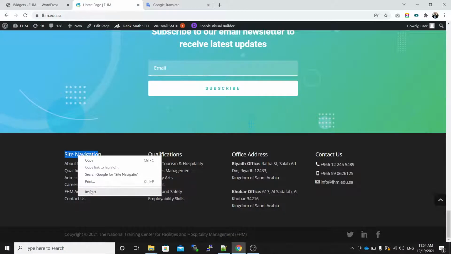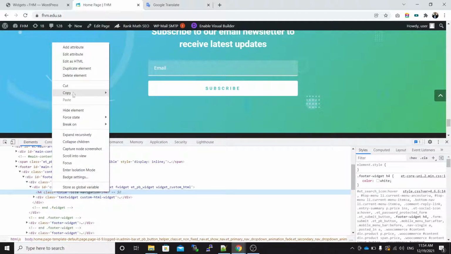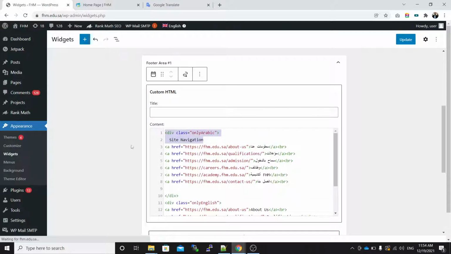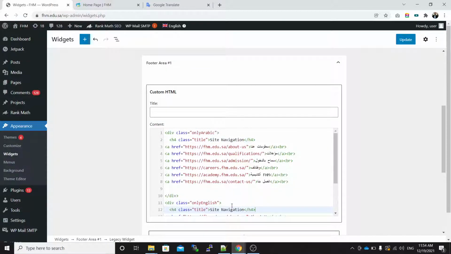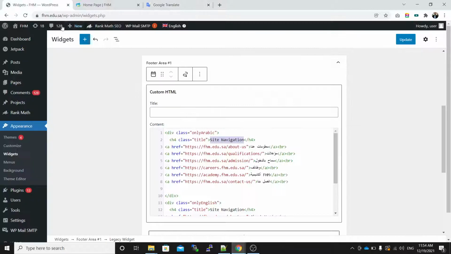So go to here, inspect, and copy this entire row, copy outer HTML, and put it here. Same way put it here also, and we just translate this in Arabic. Okay, so done.